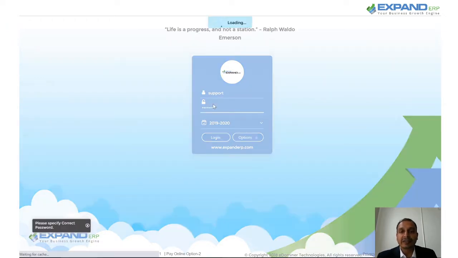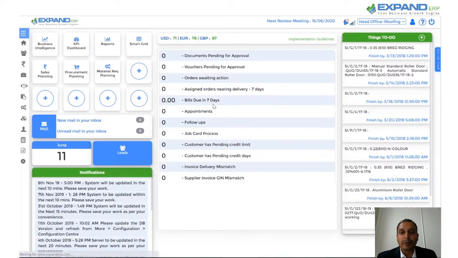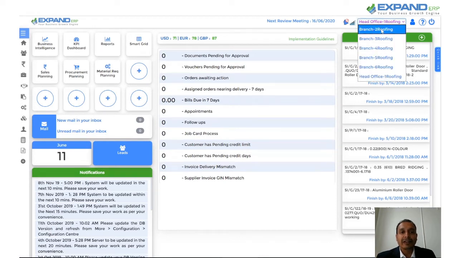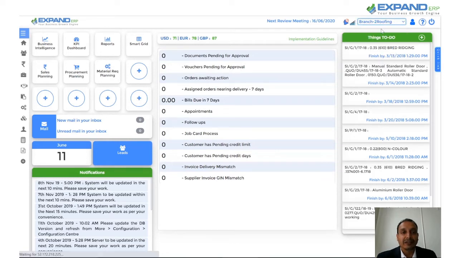Once you log in to the system, you come up on the dashboard. There is an option on the right hand side where you can select the location in which you want to work, basically the different channels of your business. When you select your channel, you are able to see all the transactions which need some action. So this is showing 127 orders awaiting actions.